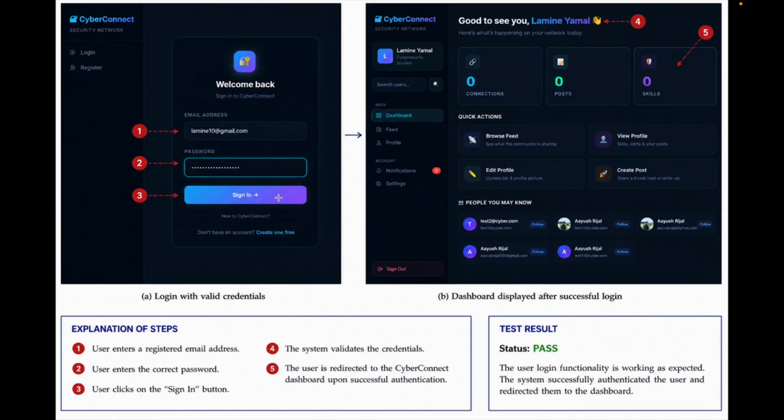After successful authentication, the user is redirected to the CyberConnect dashboard where personalized information such as username, posts, connections, and skills is displayed. Since the actual behavior matches the expected outcome, this test case is marked as pass, confirming that the login functionality